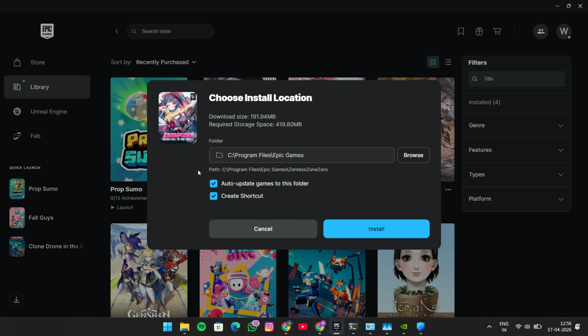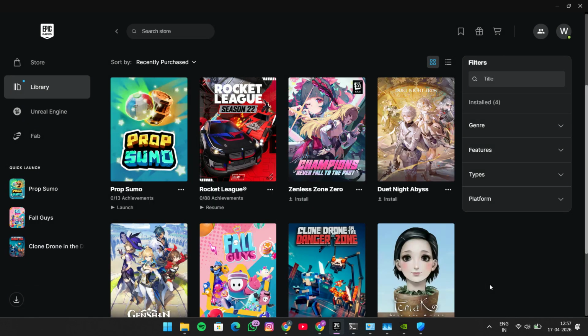So to recap, the best fixes for Epic Games error code IS-0003 are verifying the game files, clearing the Webcache folder, running the launcher as administrator, checking folder permissions, testing your antivirus or firewall, and changing the install location if needed. Follow these steps in order, and there's a very good chance you'll get back into your game without any more